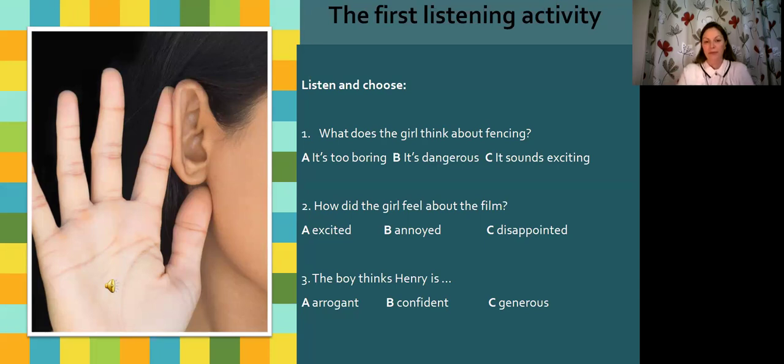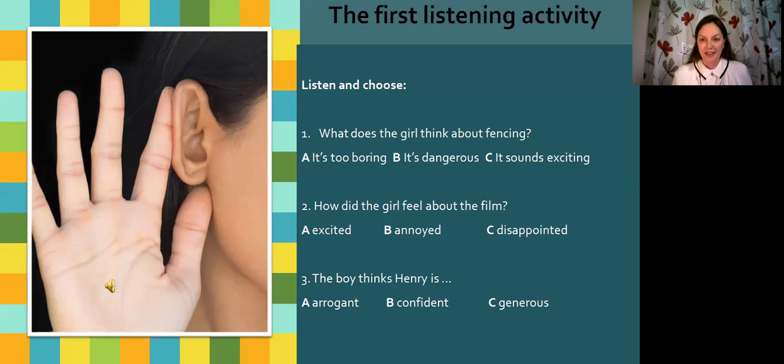3. Henry wants to direct the school play again this year. Oh, good. He did a great job last year. But he thinks he's better than everybody. I don't agree. He just knows what he's good at and isn't afraid to show it. I think he's a good director. That's only because he gave you the best role.